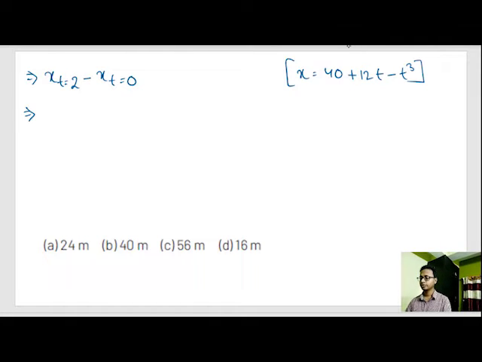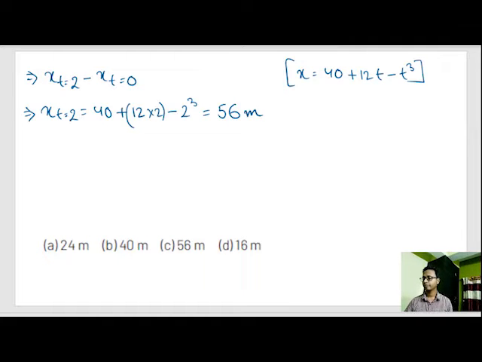So x at t equal to 2 is 40 plus 12 into 2 minus 2 cube. 12 into 2 is nothing but 24. So 40 plus 24 is 64. And 64 minus 2 cube, or 2 cube is nothing but 8. 64 minus 8 is 56